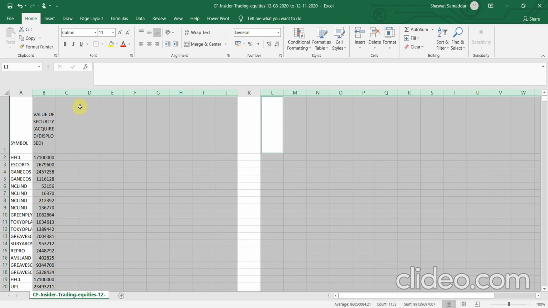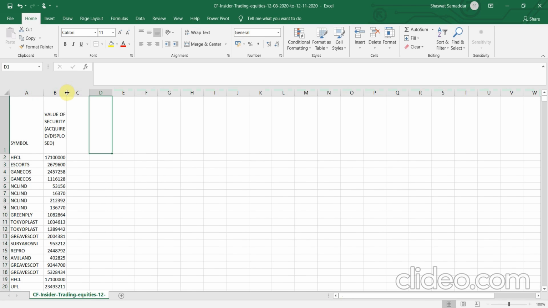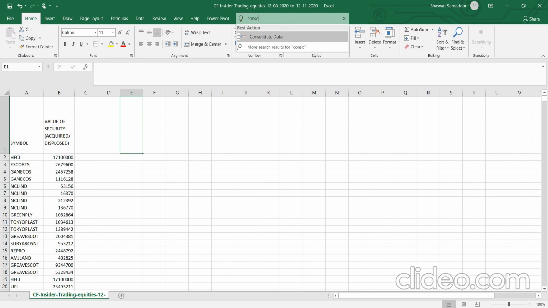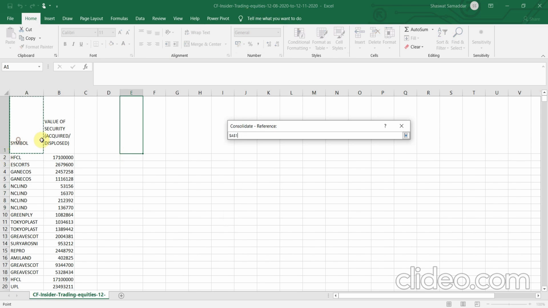Let me widen these columns. As you might notice, in the 6th, 7th, 8th, 9th rows, the symbol names are repeating. This would create a problem in doing further analysis, or rather it would be more complex to do the analysis this way. To avoid this redundancy in the symbol names, I want a consolidated form of data for this table, so let me quickly use the consolidate data tool that Excel provides us with.